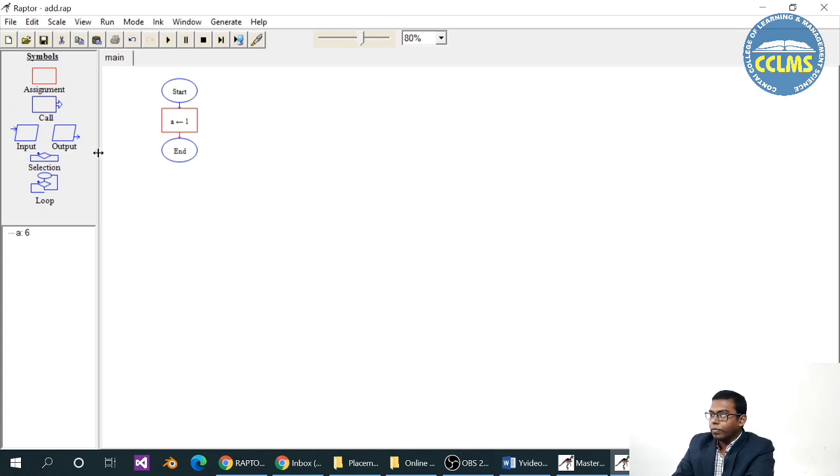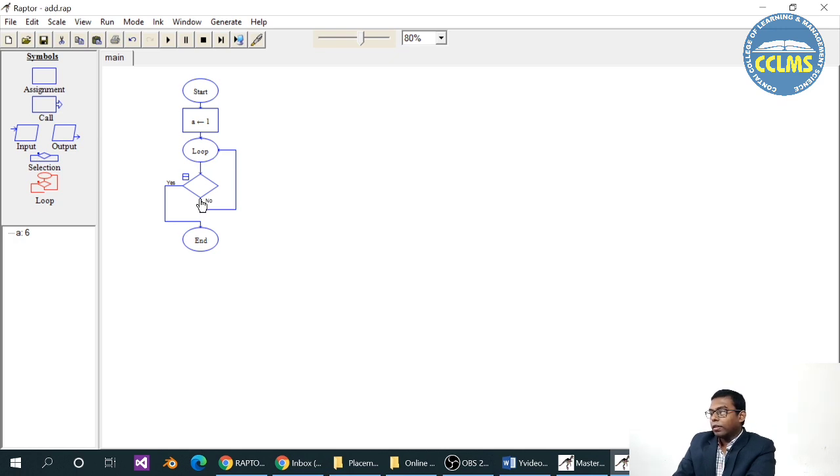Done. So now we have to take the loop. Just click here. Here, till the condition is false, the loop will be executed. Okay, see the arrow. If no, then again it will move to the beginning. If yes, it will move to the end. So we have to give the condition for the termination. Okay, not the condition for the execution. We have to give the condition for the termination.